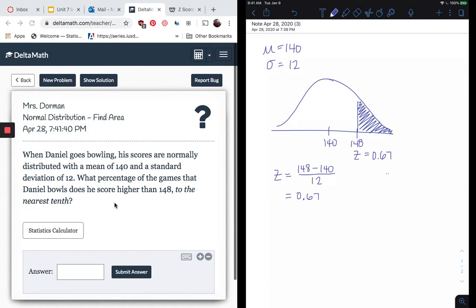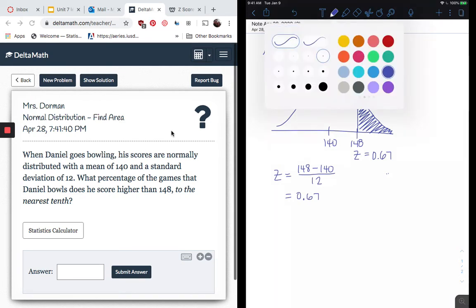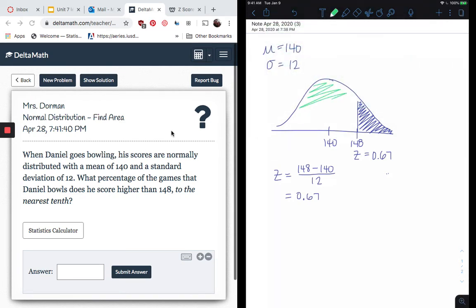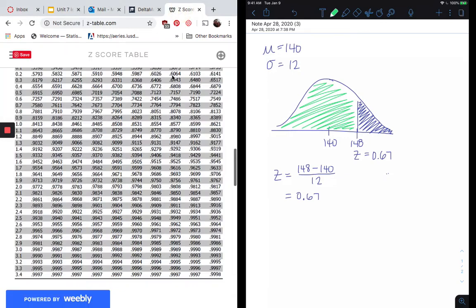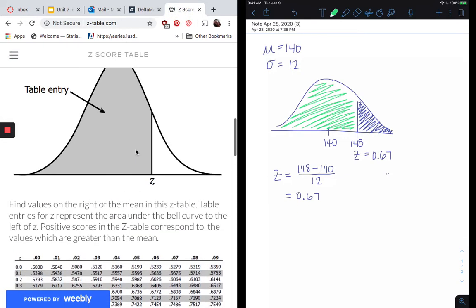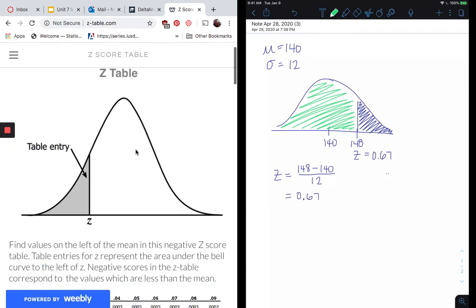The reason we need to get the z-score is that if it's a normal distribution, we can use the z-score table and figure out what percent. When we look at the table, it's actually going to give us this percent to the left. The table doesn't know that we want to the right of that score. It always gives us the percent to the left, and then we'll subtract that from 100%. If you don't have a z-score table, you could just Google a z-score table. I went to